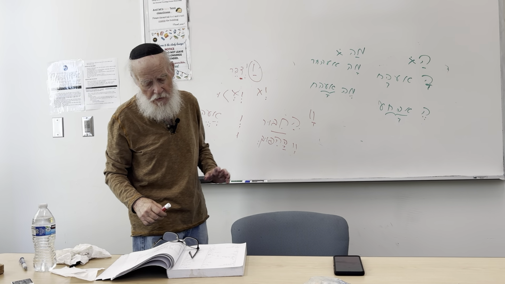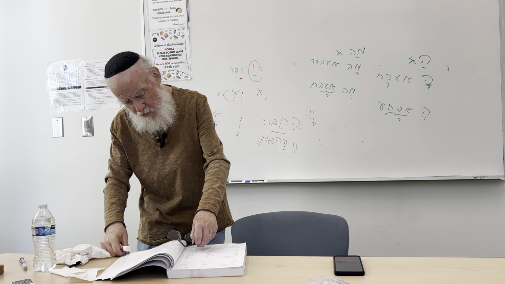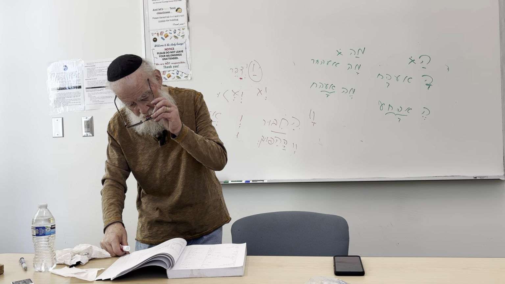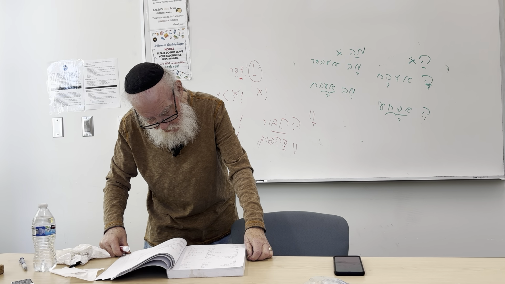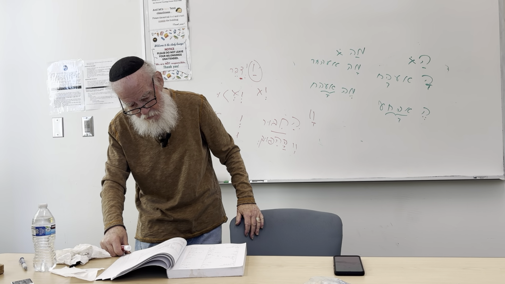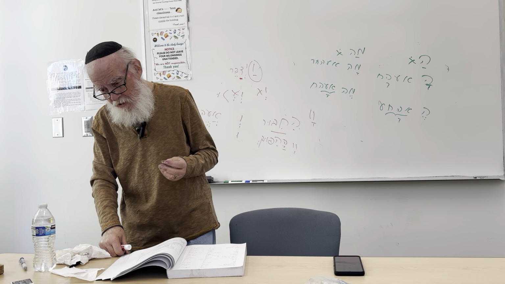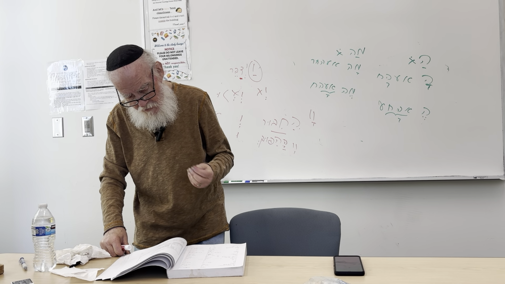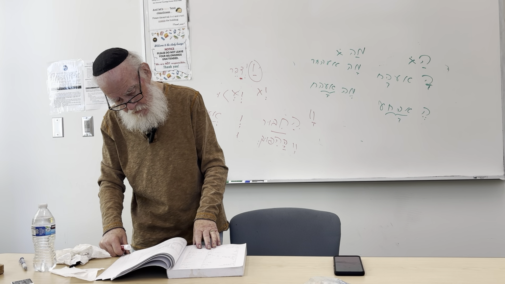Okay, we're getting into a lot of stuff right now. It gets a little messy because so much is being poured into this. Anyway, she has the Vav pointed with a regular Shva. Then you have the words Tov and Tovah. The word Tov is a Hebrew word for good, and Tovah is a Hebrew word for good. One is masculine singular, and the other is feminine singular. And the plural forms are Tovim and Tovot.